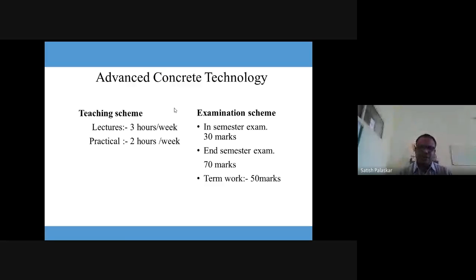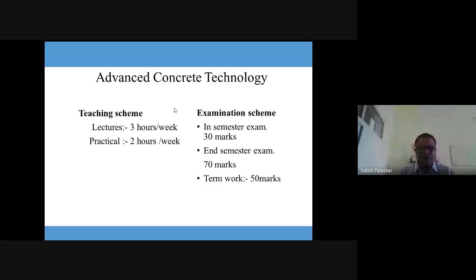Okay, so here this subject is next to that. So what different cements are used, or what are the recent developments in the cement as well as the concrete, that part is included over there. Because in the second year you studied about the conventional concrete only, or conventional cement. But there is a lot of development. A lot of cementitious materials are used, or for the sand or for the coarse aggregate, there are different alternatives. So that all part will be included over here in unit number 1 to unit number 6.